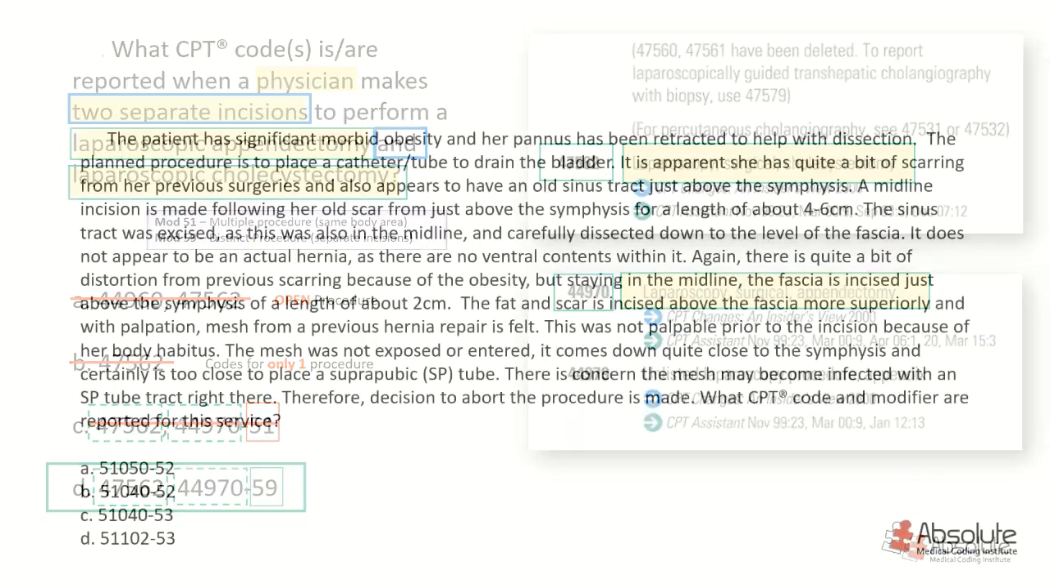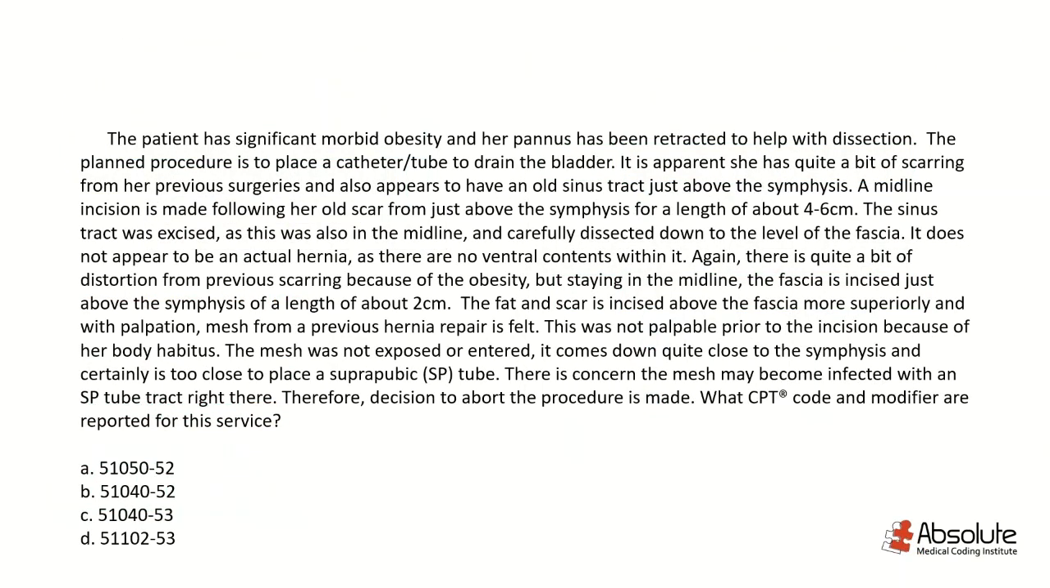We have a rather long one, but I want you to take a breath. You guys can and you will do this and be just fine. I'm going to have Miss Andrea come and read this one out, and then I'm going to give you guys 2.5 minutes to get solving. Okay, coders, we have A, 51050 modifier 52,